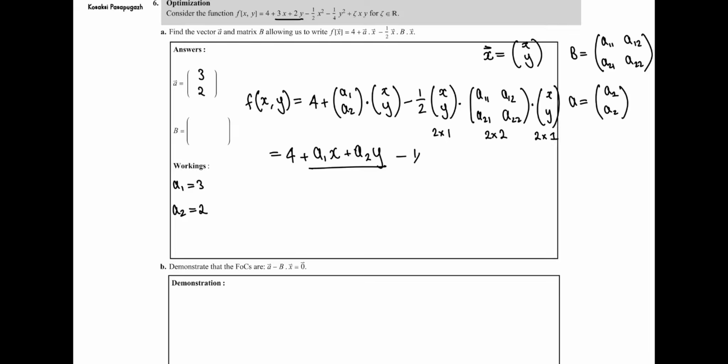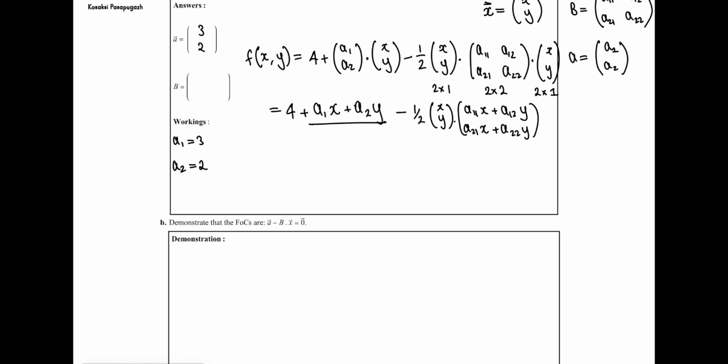If I do that, we will get a 2 by 1 matrix, which will be a11x plus a12y and a21x plus a22y. Now I can work out the dot product of these two. So we get 4 plus, I'll use the values this time, 4 plus 3x plus 2y minus a half